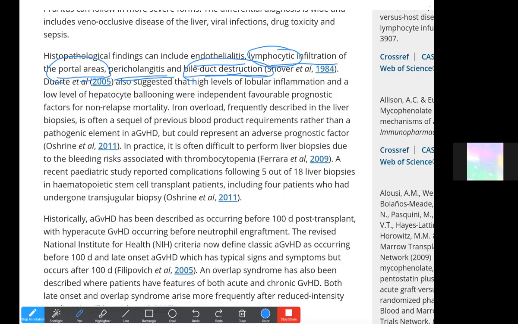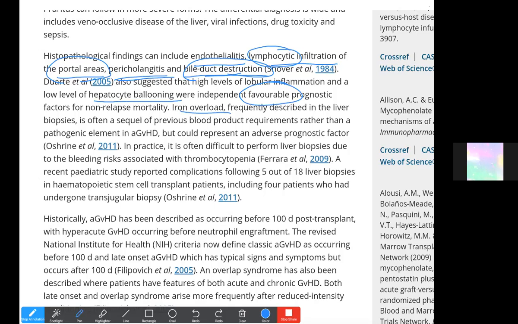It has been suggested that high levels of lobular inflammation and a low level of hepatocyte ballooning were also favorable prognostic factors. Although iron overload was also a sequel of previous